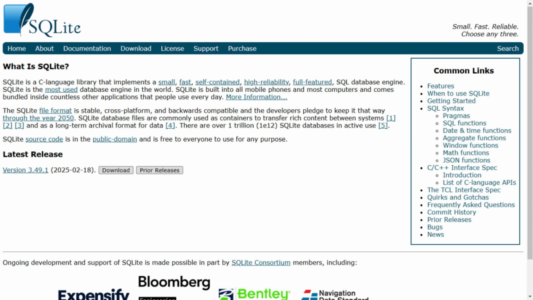But it has its cons. First, limited concurrency, handles a single write operation at a time, which can be a bottleneck for high-traffic apps. Second, no advanced features, lacks support for complex queries, advanced indexing, and stored procedures. But it's still best for mobile apps, small desktop applications, testing environments, and apps where simplicity and minimal resource usage